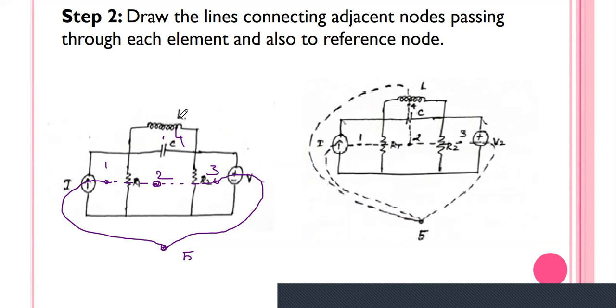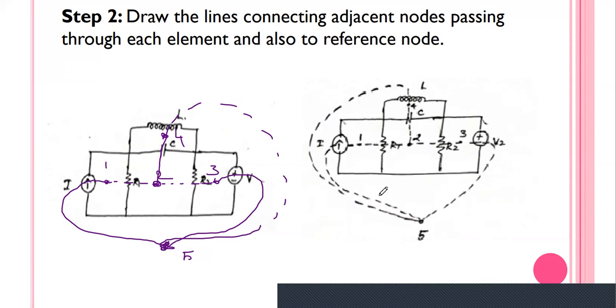And again in the fourth loop the inductor is available alone. So you connect this fourth node via the inductor L1 to the reference node. And one more component, the capacitor, is available. This capacitor is common for loop 2 and loop 4, so you connect node 2 and node 4 via the capacitor. And again you check that all elements are connected via some lines. Yes, all elements are connected.